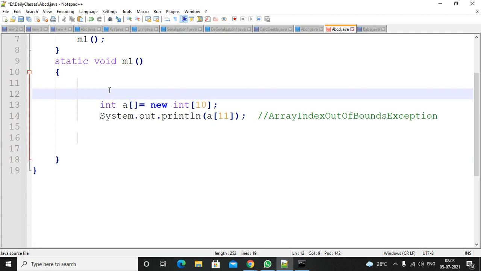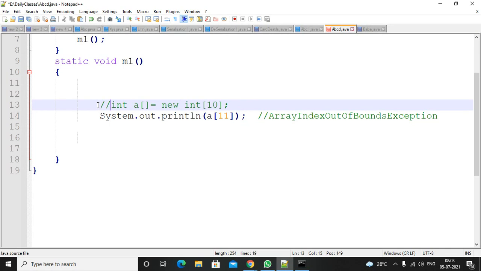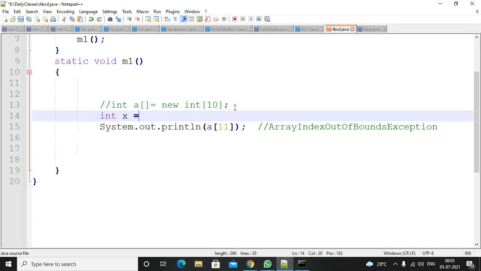So same case, I'm not writing it. Okay, so you know what this exception is. I hope you know this one also. Integer x equal to 10 by 0 means here it will be an arithmetic exception.